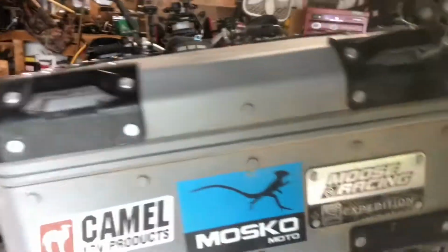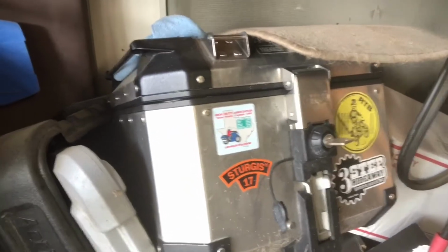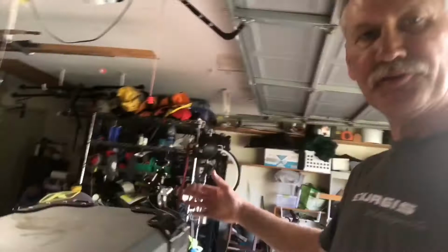This is the Moose Racing Expedition bag, or top box. I like this better than my Givi Trekker, because that Givi Trekker is so big, it just catches a ton of wind on the side. It's just horrible in the wind on these bikes. So anyway, so then,